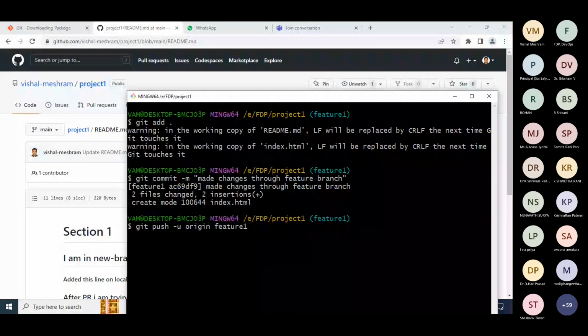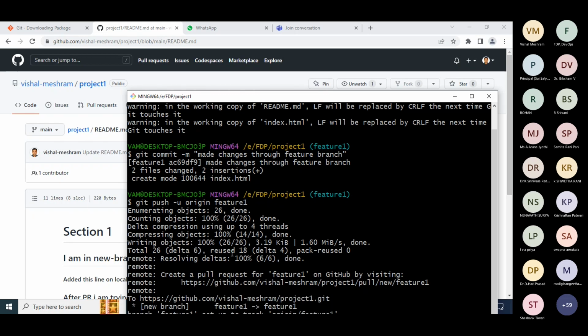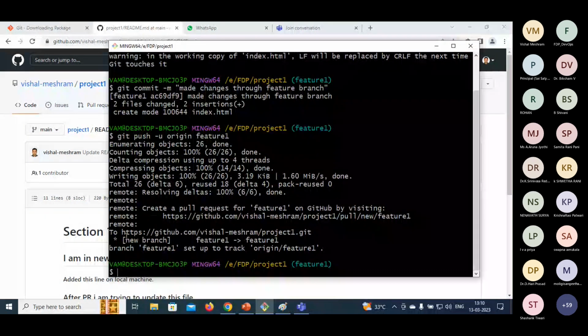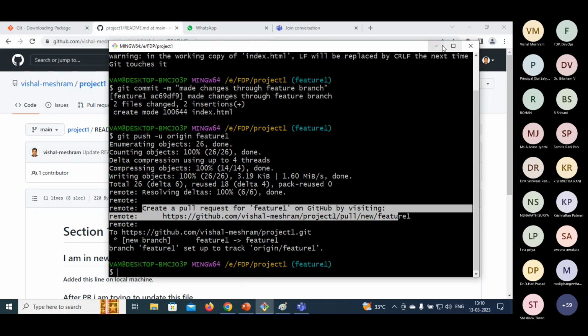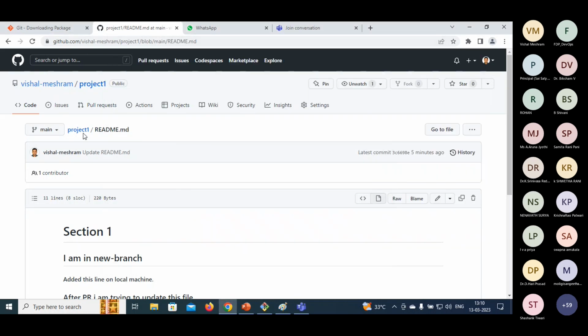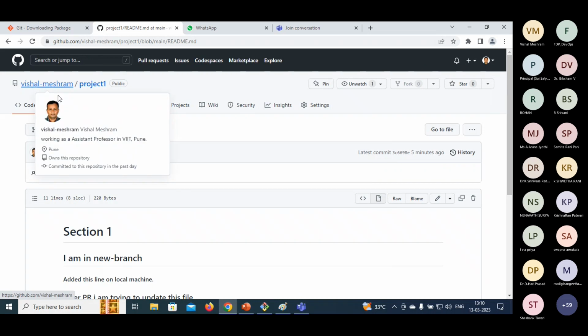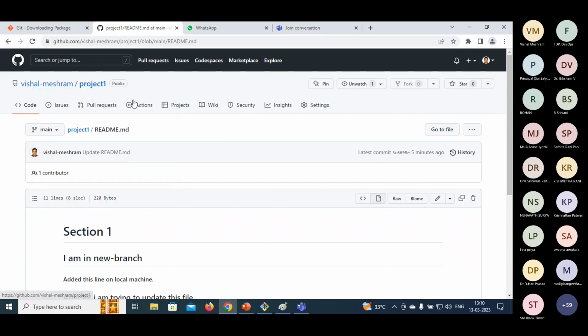Okay, so git push -u origin feature one branch, and if I press enter here, now if you see, this message is very important. It is showing that to visit the GitHub project and create a pull request for feature one on GitHub by visiting this link. Okay, so it is showing me now. If I go here in my project,